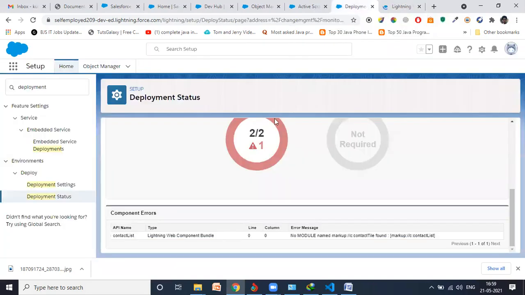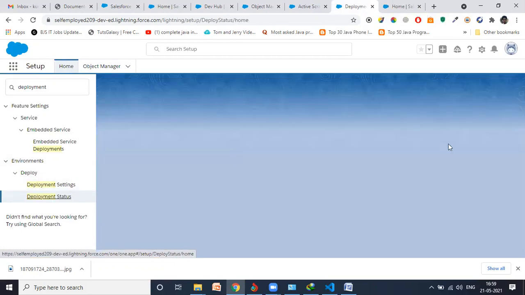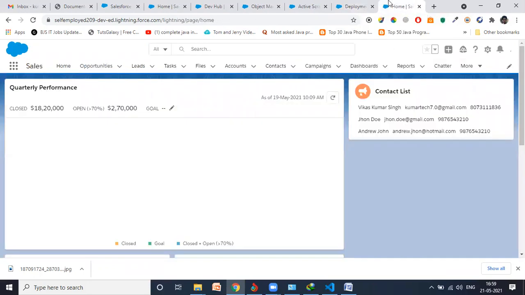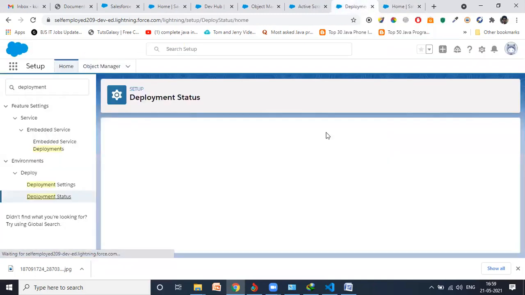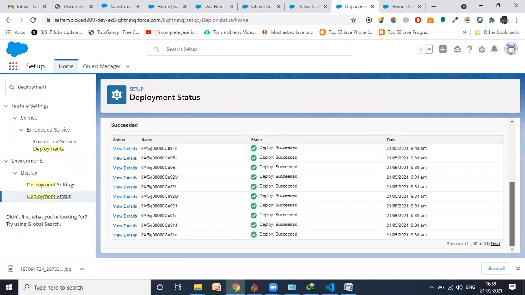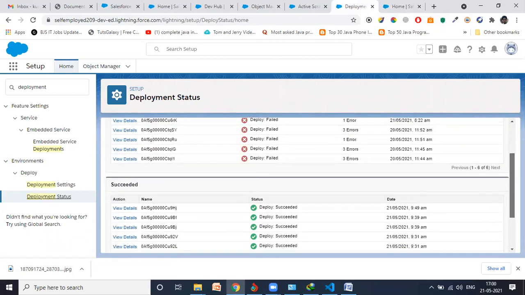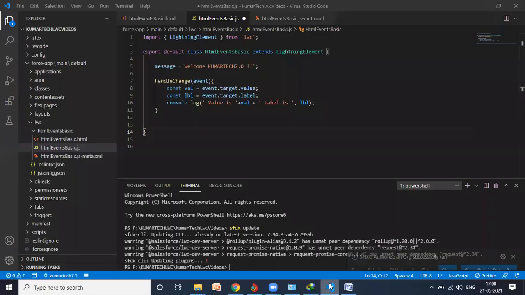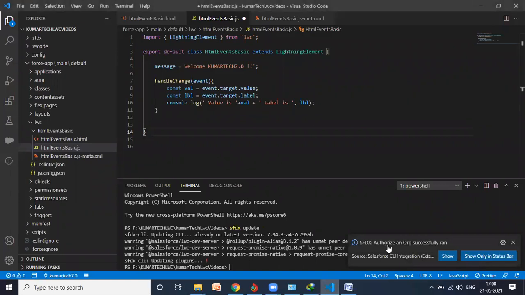Now I need to go here to deployment status. Let me check all the deployment timings, because now I'm going to deploy my code, so at least it will show what the time is. So 9:25 a.m., 8:22 a.m., 9:49 a.m. Okay, no issues. Right now it is 5 p.m. I just need to go here, click on this. Yeah, authorize org ran successfully. Cool.